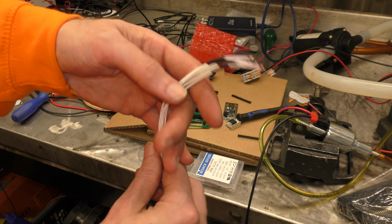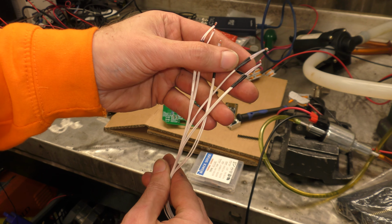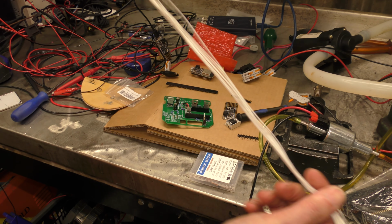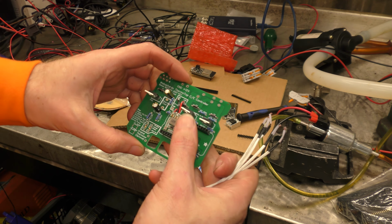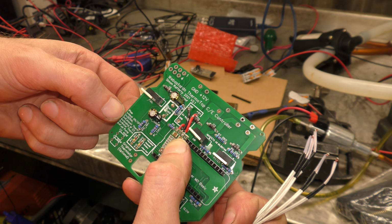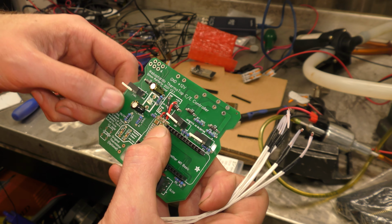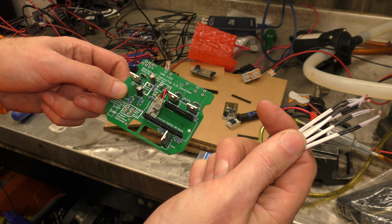These ones I got, it was either eBay or Amazon. It's a 5-pack. So I bought 2 sets because reasons. 5-pack, and you get, I don't know, it's like a meter? No, not quite a meter of wire, bare ends, and I'm going to solder, well, 2 of the ends into our spare ground, and then the other 2 into pin 3 for the exhaust temperature, and pin 5 for the water temperature,